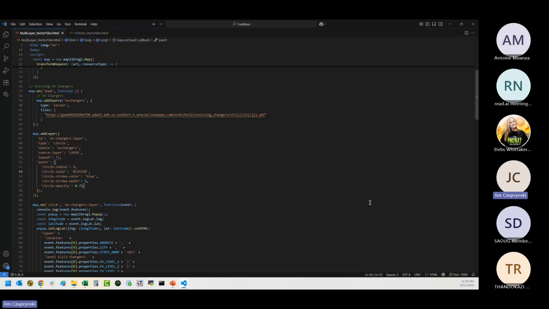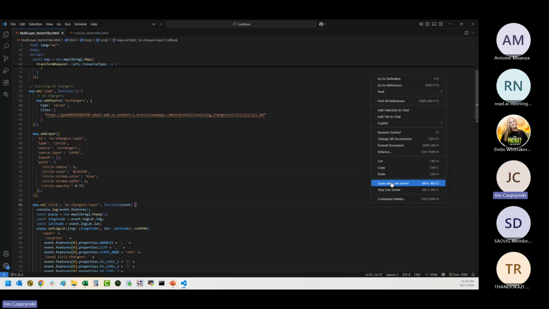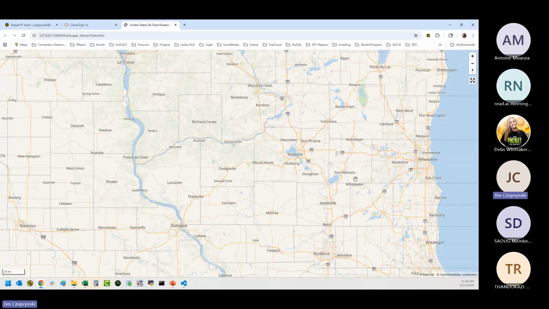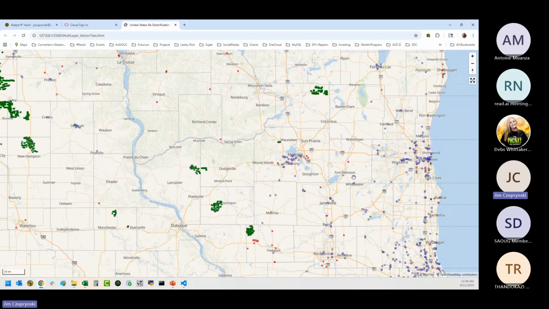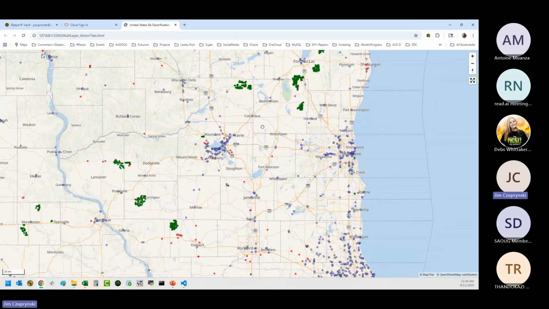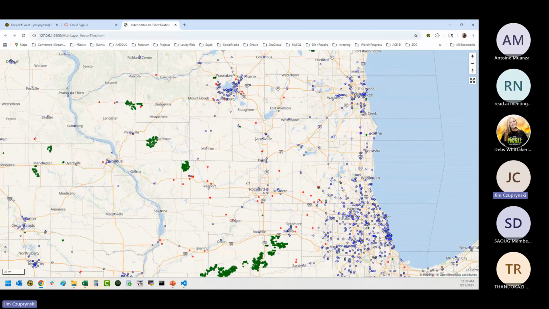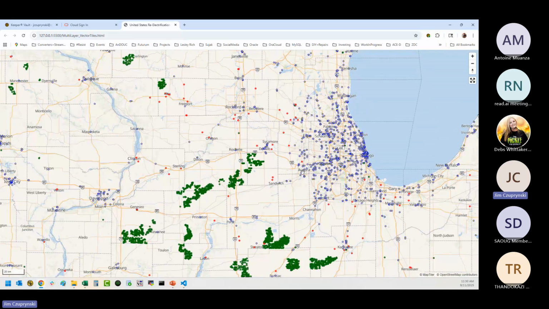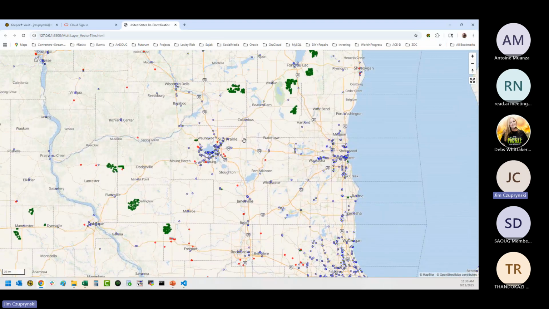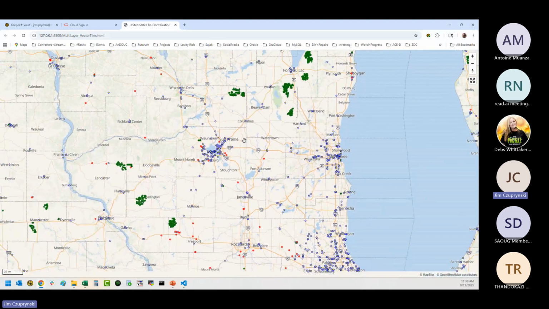So I'm running this with Live Server. I'm going to open this map up with Live Server. It's actually a function of what's called MapGL, a Mapbox GL, excuse me. And did you notice how quick this map loaded? This is not that far away from where I actually live, by the way. I live right around here. Here I am in a map of the United States. I'm taking a look at the wonderful state of Wisconsin, and I'm zooming back a bit.